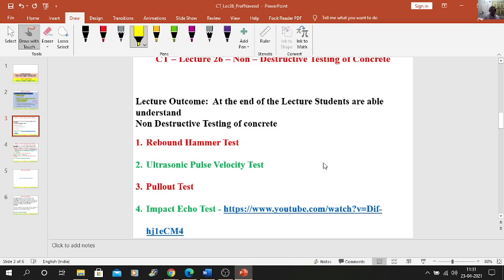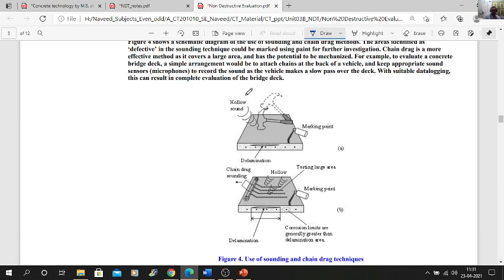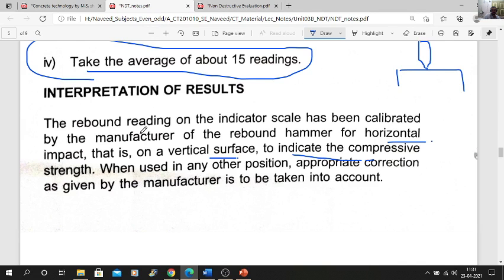So you can see this ultrasonic pulse velocity test is also to know the concrete quality by passing ultrasonic pulses through it. It is also an NDT method of testing concrete.